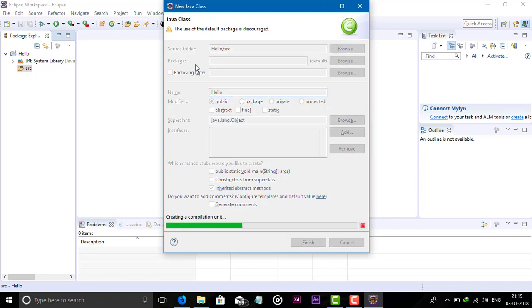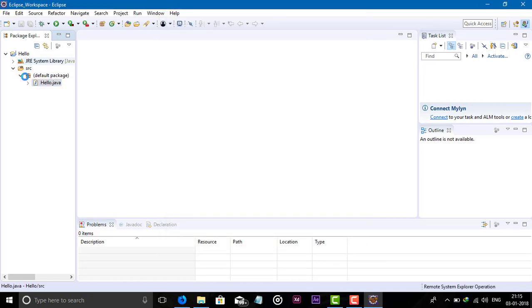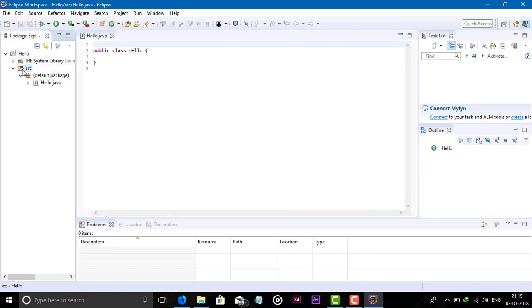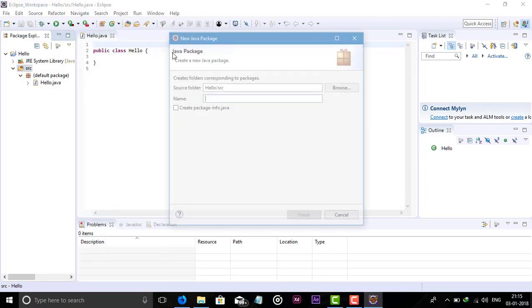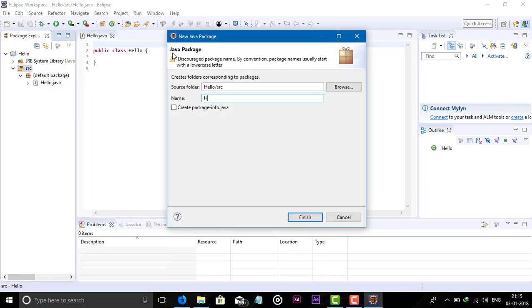The class is created now in the default package. If you don't give a package name, it will automatically use the default package.